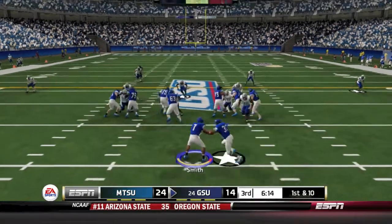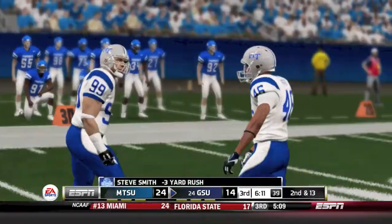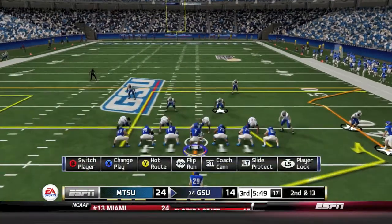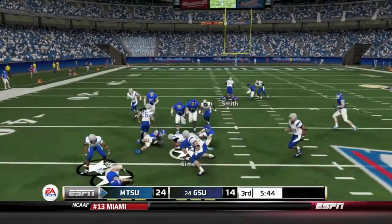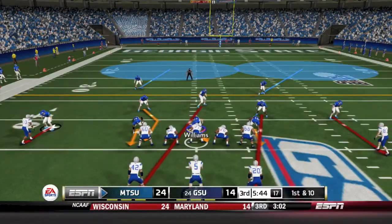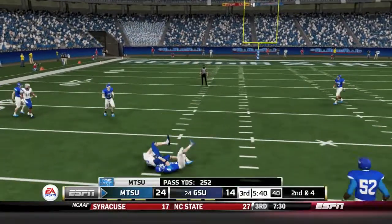Very next play here out of the shotgun. Smith is going to keep this one on the read option, try to get outside, but he is taken down on the play for a loss of 3 yards. 2nd and 13 now for the Panthers. Smith back to pass, firing over the middle, and it's intercepted by Sims. Smith did not see the linebacker, and he intercepted it, and Middle Tennessee State takes over here in Panther territory